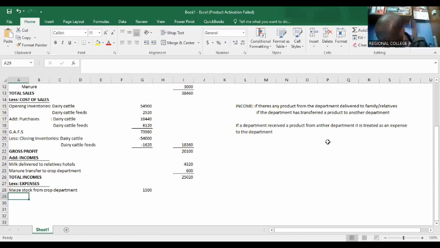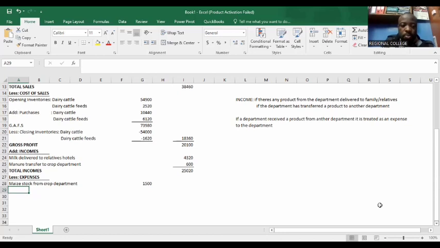So if you check that note number 4, the dairy cattle are receiving something from maize. So that is an expense here. Then you try to check if there are others. Depreciation is for the general income statement. An additional information I don't see. Let's go back to the trial balance and check if there are any expenses relating to the livestock.